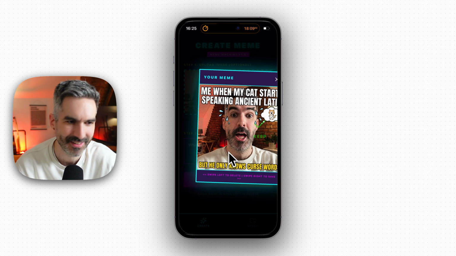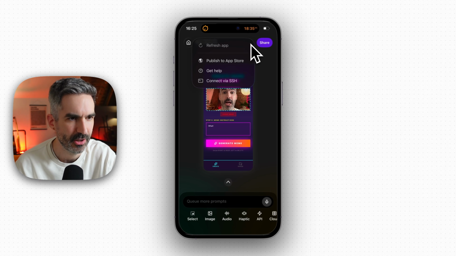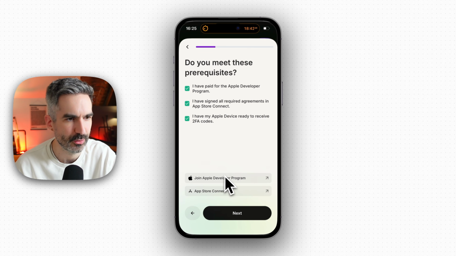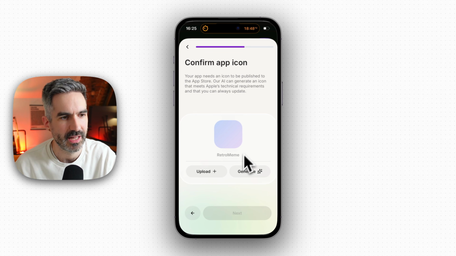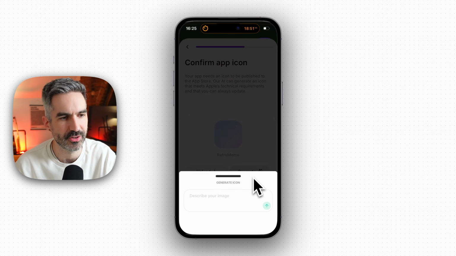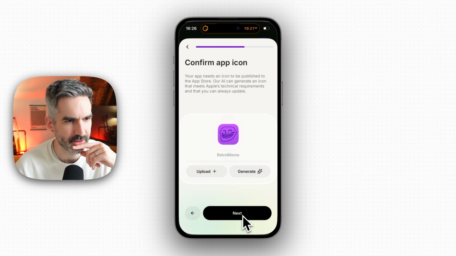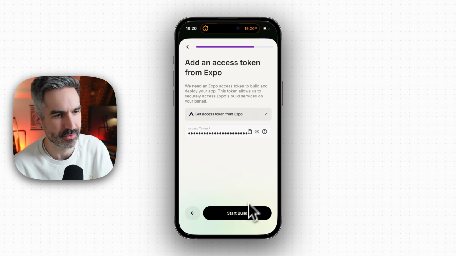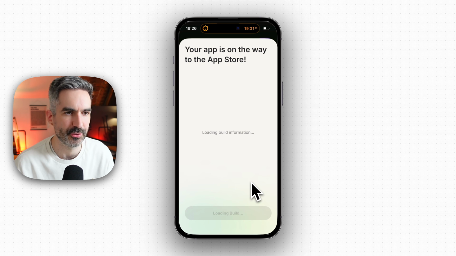That is wonderful. Now that's fixed, I want to show you exactly how you can publish this to the App Store as well. All you have to do is go to publish to App Store from this menu at the top in Vibecode, and this takes you step by step through signing into your Apple developer account, creating the details for your app, adding an app icon, which you can generate here as well. So let's generate an icon here. Let's use this as the app icon, click next, and then we add in our access token from Expo, which I've already got from my account, click start build, and then that is going to add that to our App Store Connect account